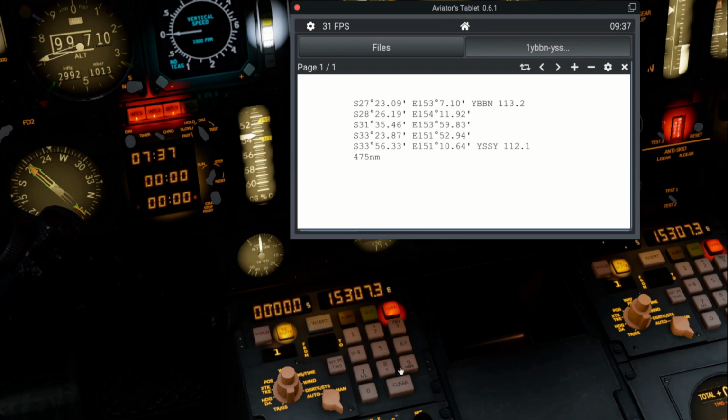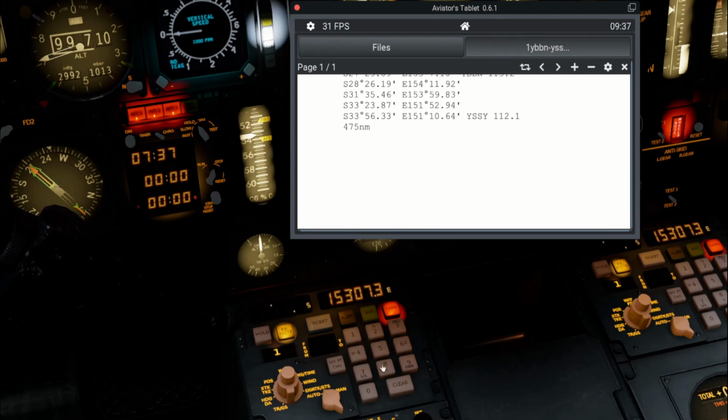So let's set the first waypoint. We will hit clear, and our first waypoint will be south 28, 26, 1. Insert. East 1, 5, 4, 11, 9. Insert. If you have your own flight plans from Explain,